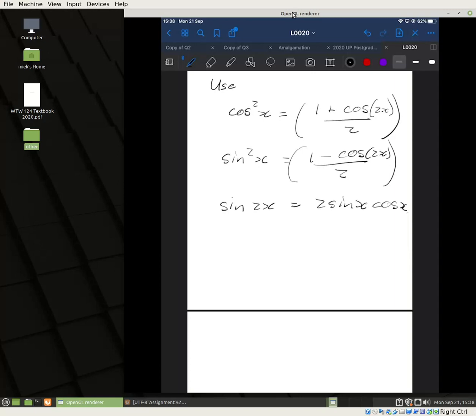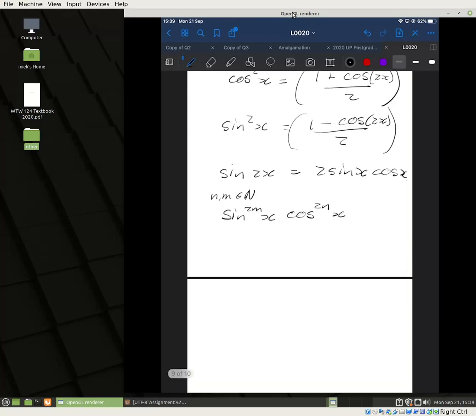we want to rewrite, if n and m are natural numbers, expressions of the following form: sine x to the 2m, cosine x to the 2n. We want to somehow rewrite this into some polynomial expression, and then what will happen is we will either get